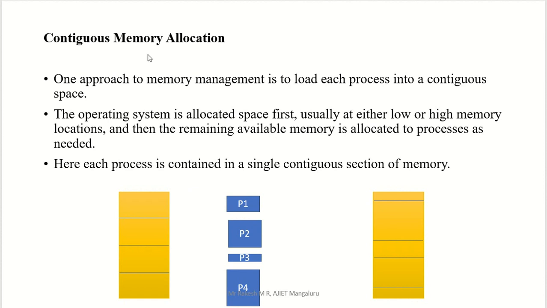Another very important concept is contiguous memory allocation. What do you mean by contiguous memory allocation? I will explain it easily using this diagram. Consider this is a memory. This is your main memory, here we have main memory in yellow color. Here the entire memory is divided into a fixed number of blocks, and each block size is also fixed. That is called contiguous memory allocation.